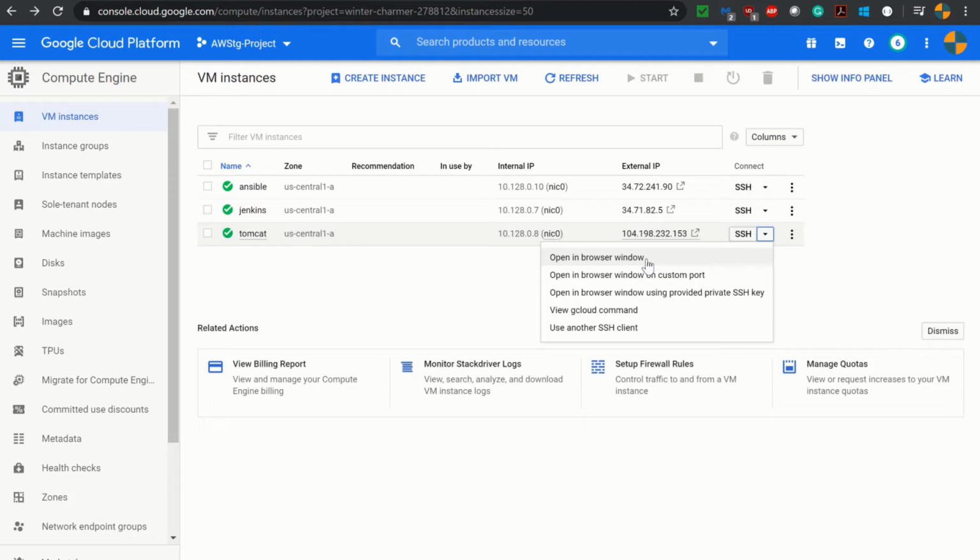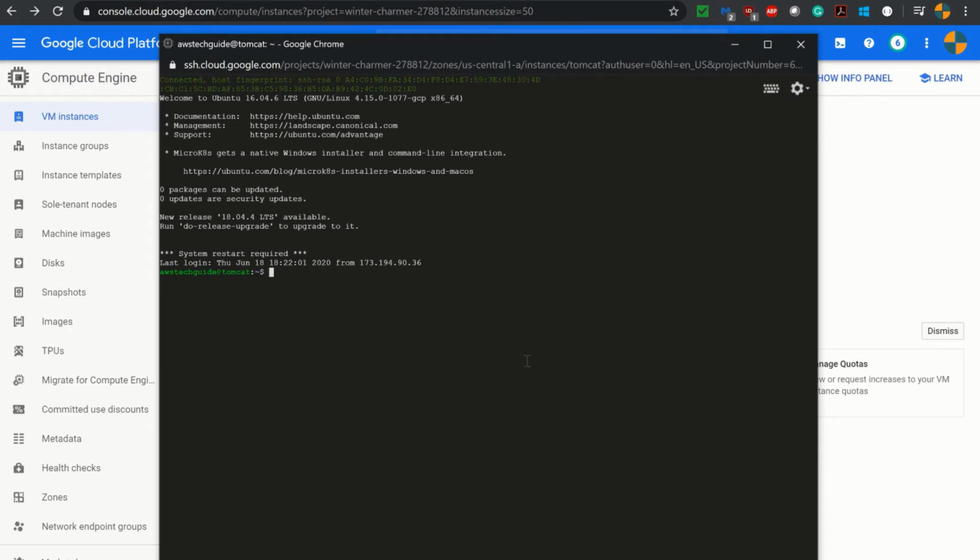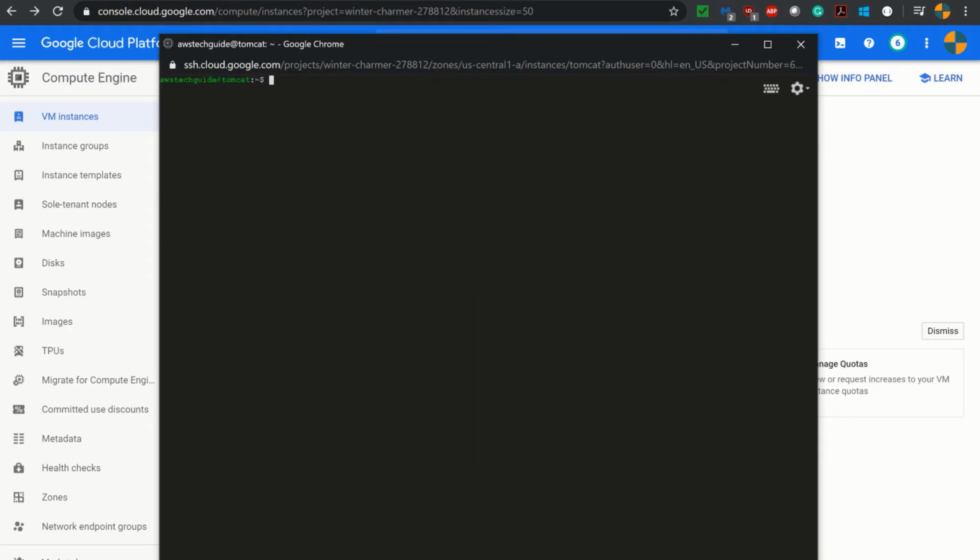command prompt for that particular virtual machine in browser window. As you see, I'm connected to that instance. Let's check our home directory, pwd. So we are inside our home directory, AWS Tech Guide. Now change the user to root user, sudo su,